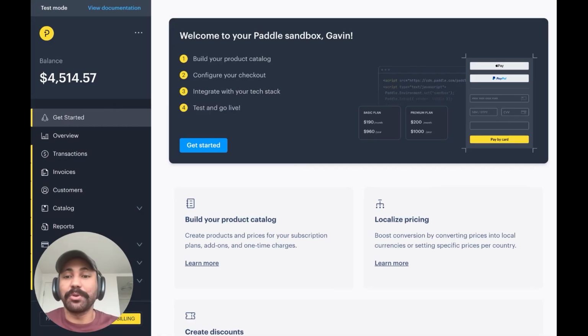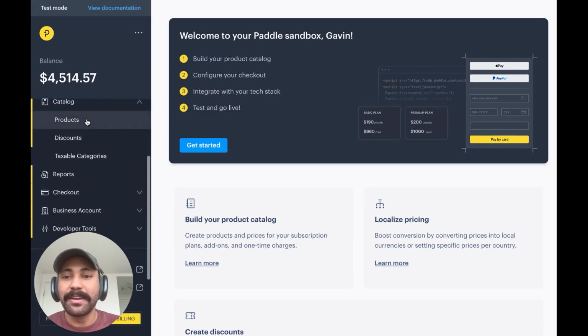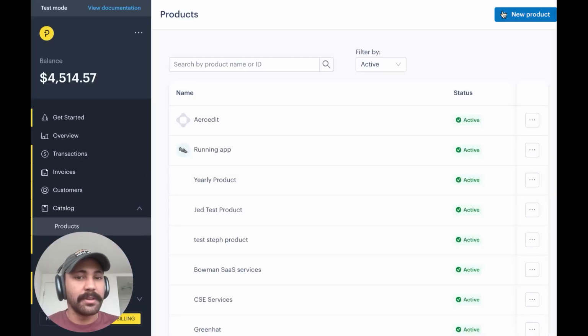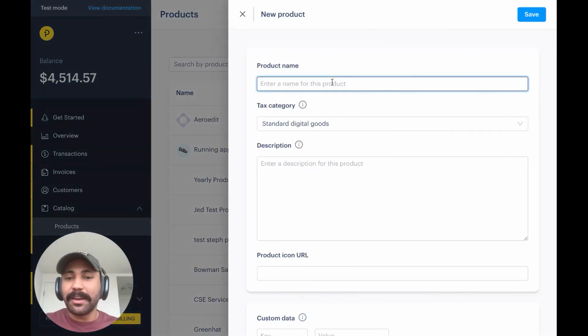We're here in the Paddle dashboard. And the very first thing I need to do is create a product that exactly maps the pricing that you specify in your app's paywall. So I'm going to go into catalog and select products. I'm going to create a new product, and we're using a yoga test app here. So I'm going to call it yoga test